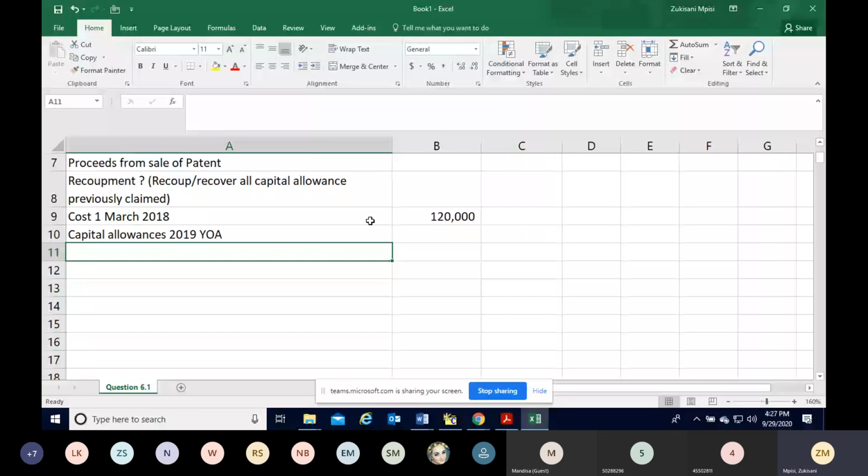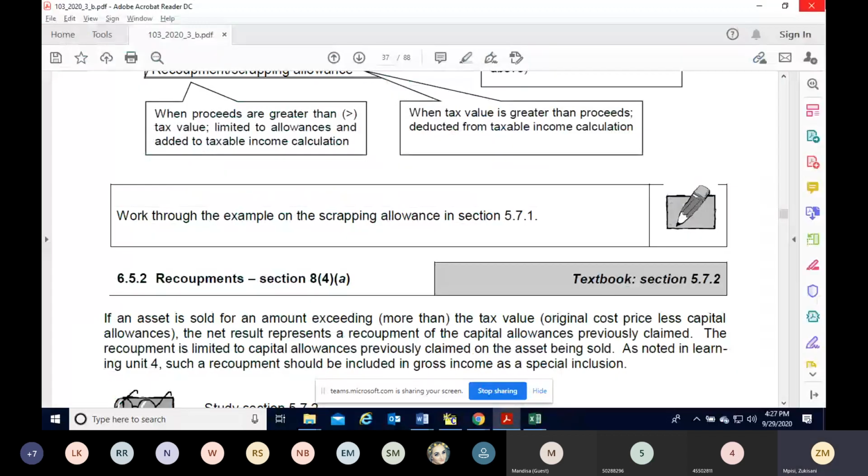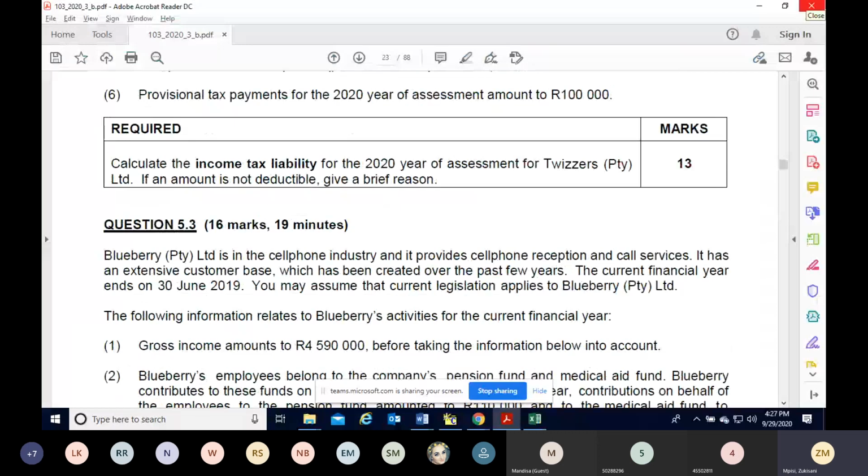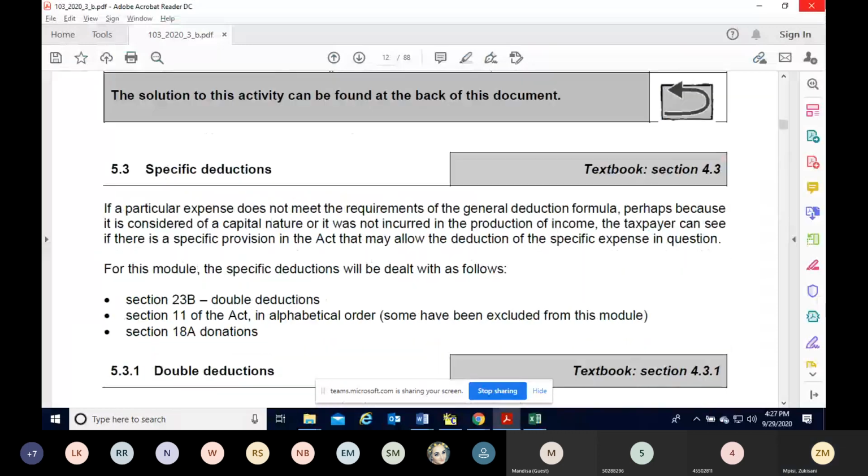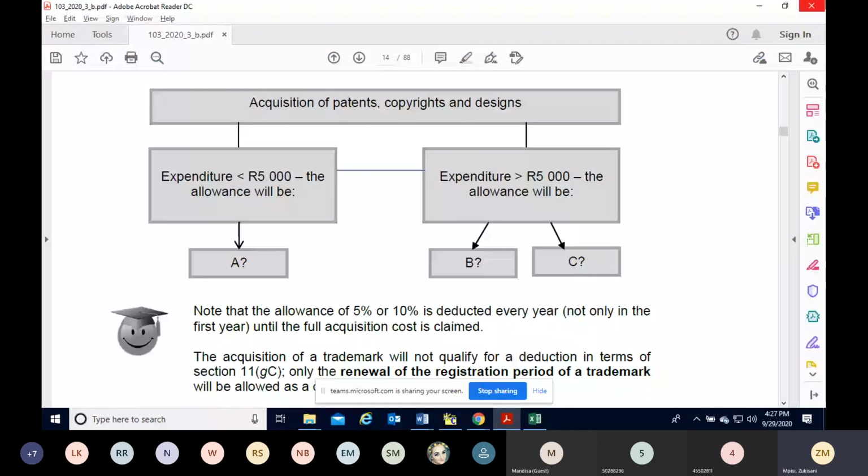So what is the capital allowance that we must apply? I need you to go to page 13 and page 14, in terms of chapter 5. So specifically this part, you are told here in this diagram on page 14,